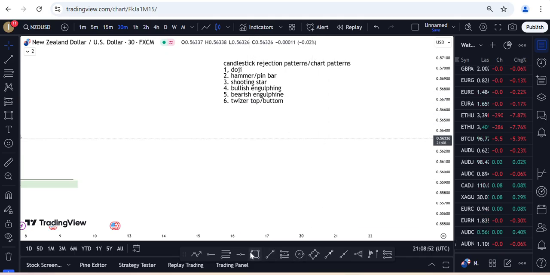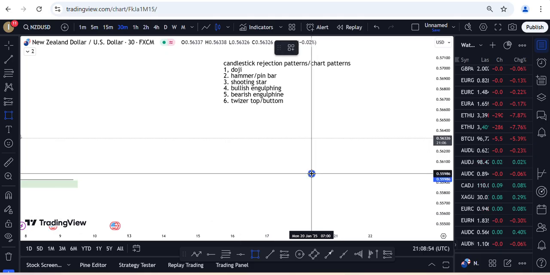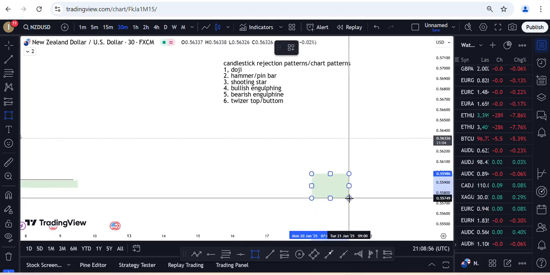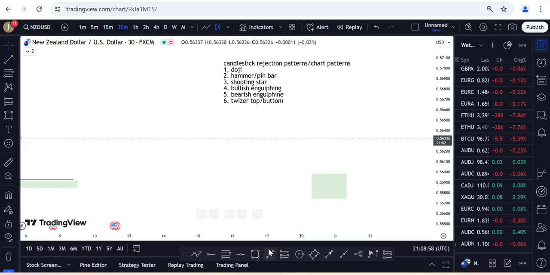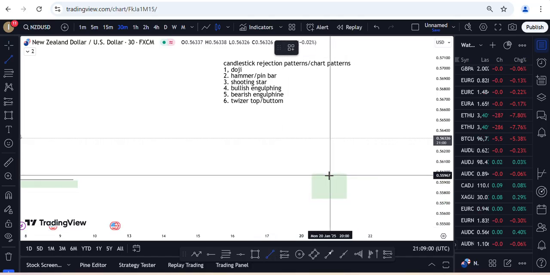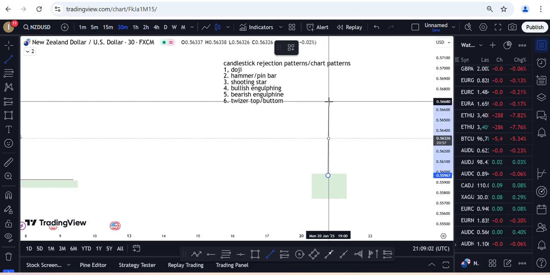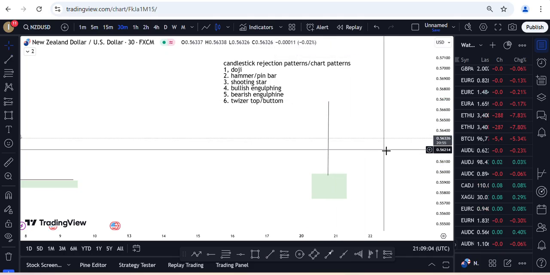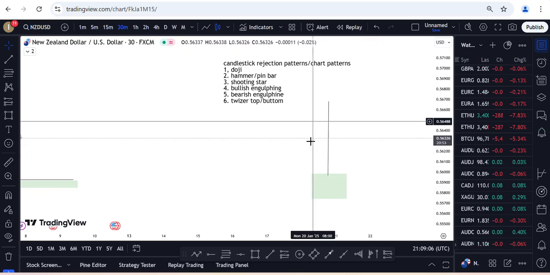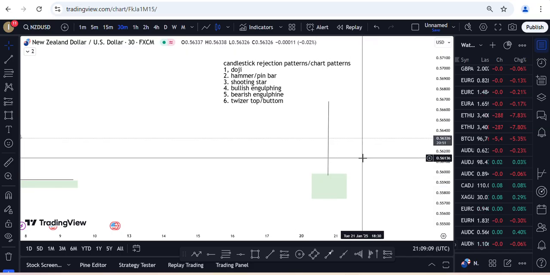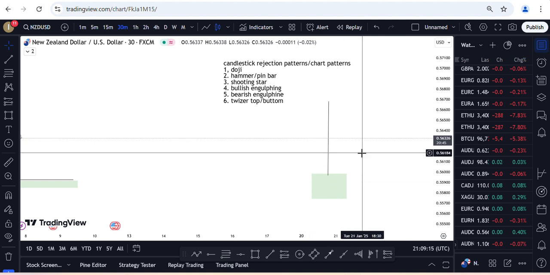This one has a small body down here, then a long wick like this. So this is a hammer that is turned upside down. If you see something like this